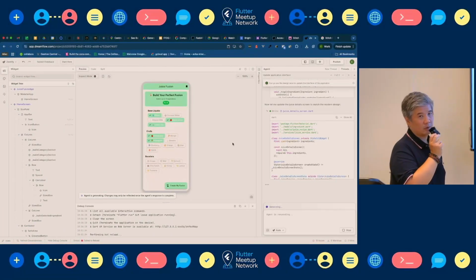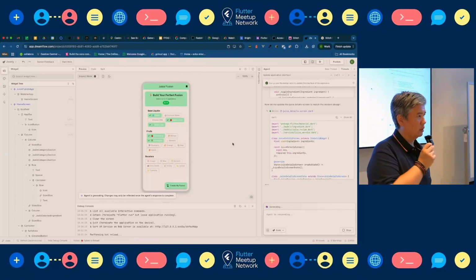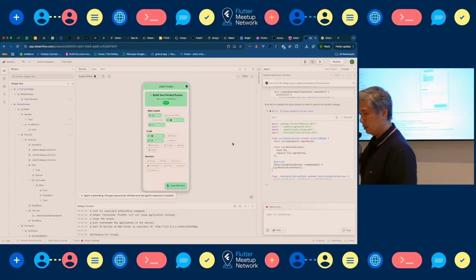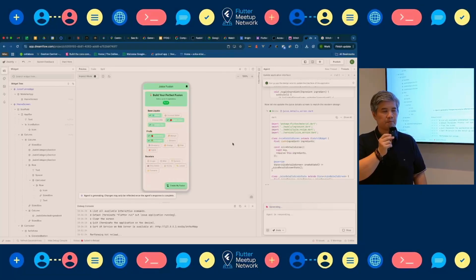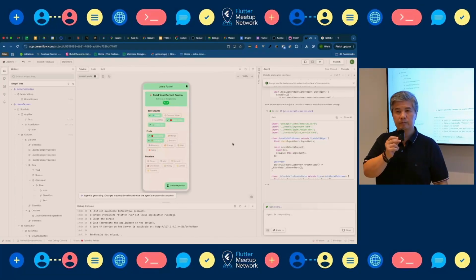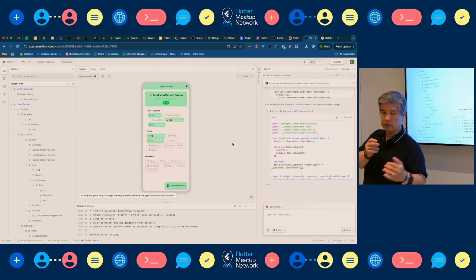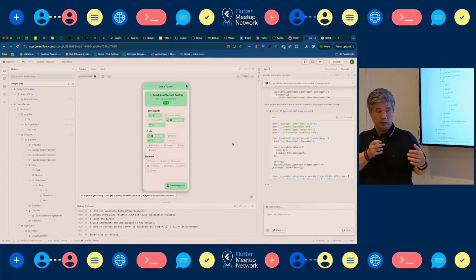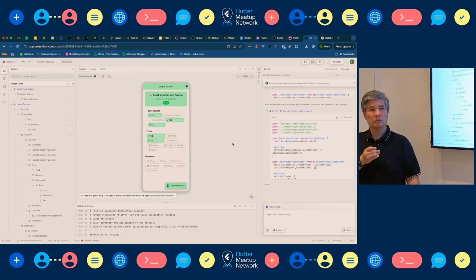Is there any limitation, for example, on the initial prompt, in case you provide some schemas from a database? Yeah, there's a limit on the prompt. I don't know exactly what the limit is, but I know you cannot put 1 million lines into the prompt. But yes, you have a limit.